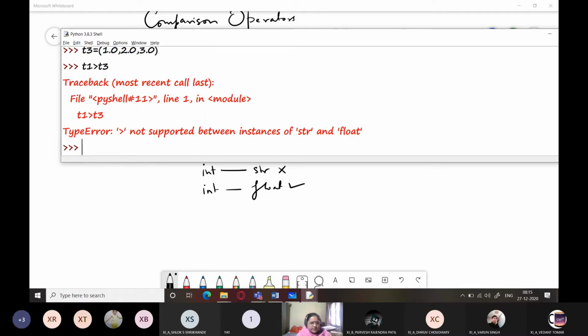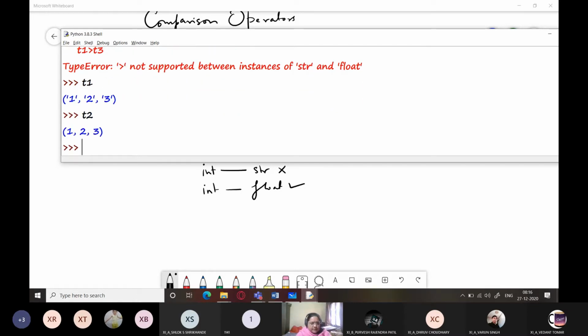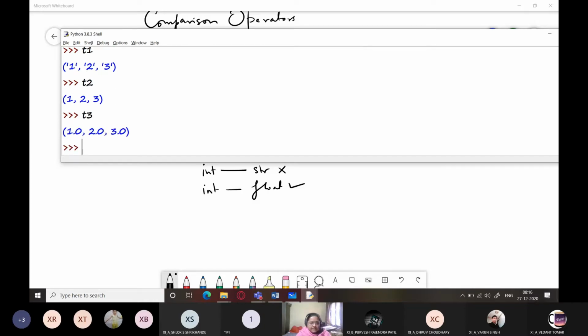So you can see that T1 was a string, so I'm taking T2 and T3. So this is supported and it is giving me the result also, that is, it is false.